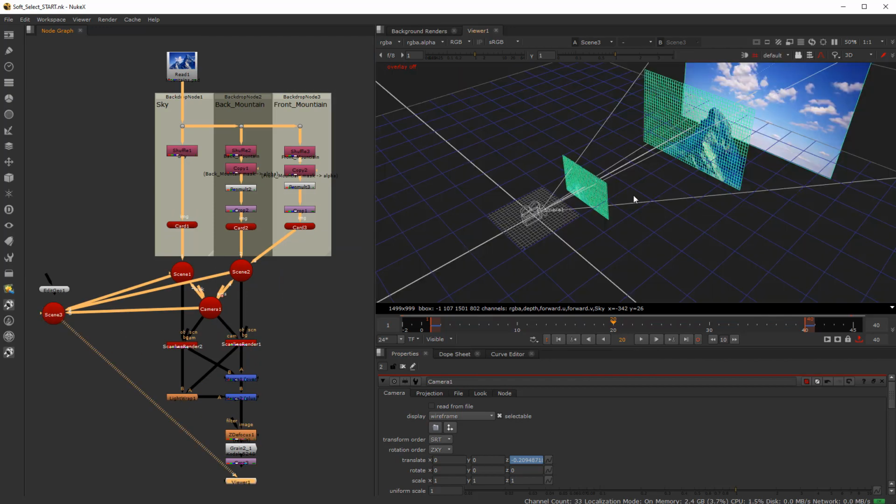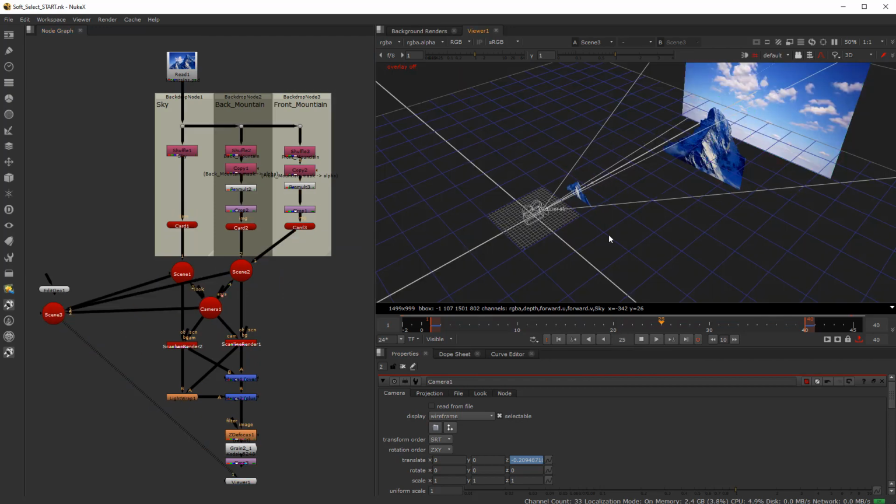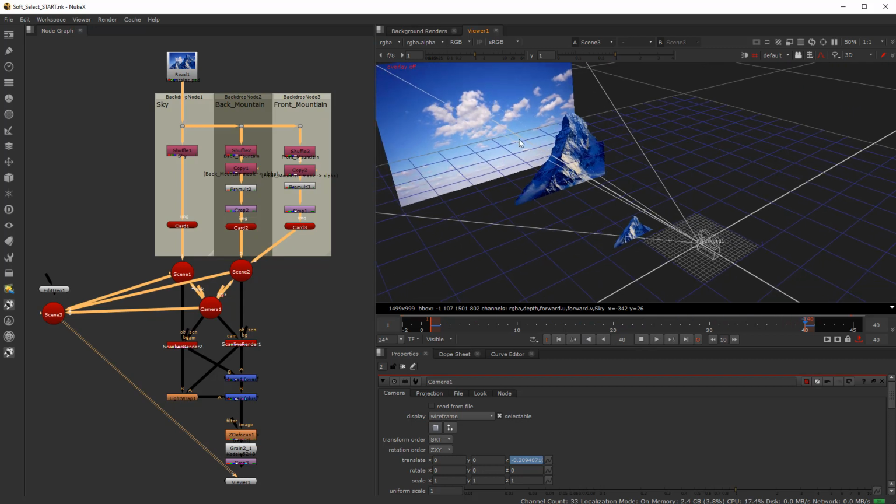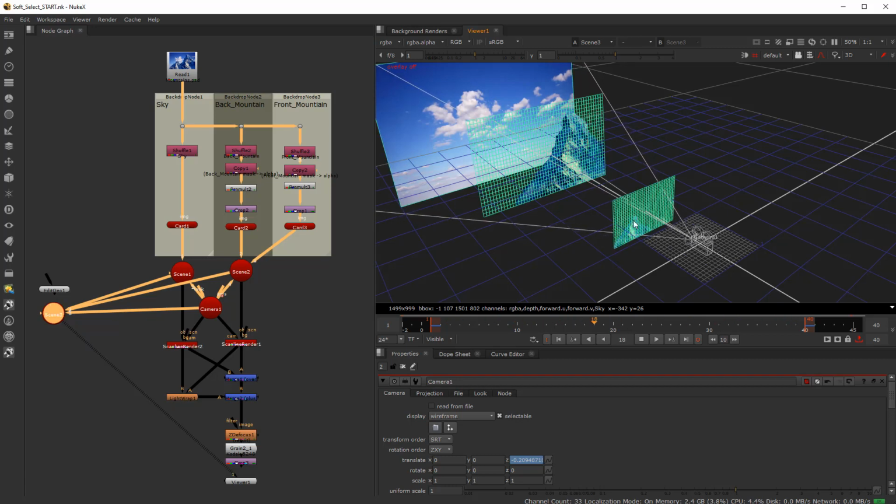I have this little scene node over here to show you the setup that I have. I have a camera that is basically animating in a scene. We have the background, we have the actual foreground mountain, and we have another mountain in the foreground here that's a little bit closer. So this one we're definitely going to want to build out the three-dimensionality of the card itself, because you're going to be getting a lot more parallax in this card back here, since we're going to be going past it. We're going to be going above and around it and past it. So when that happens, you want to definitely build out the geo a little bit in the form of a